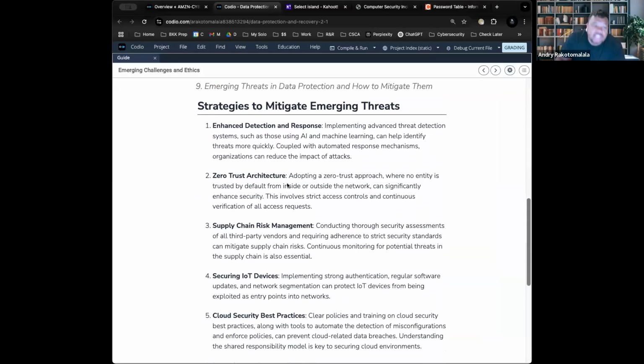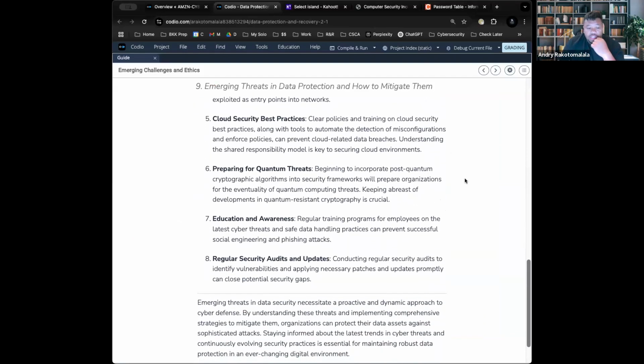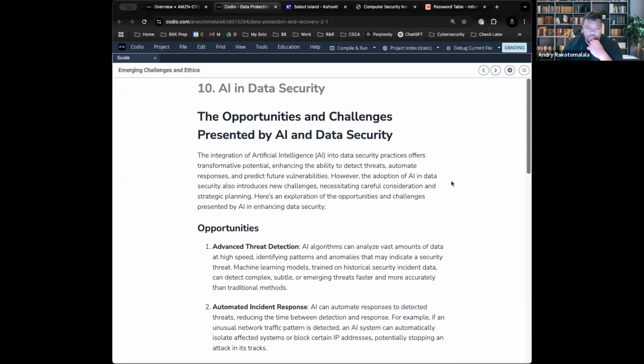All right, let's carry on here. So, for the sake of time, I'm going to let you all read this because I'm trying to go a little slower, but we are slightly behind. So I'm going to just skip the strategies for mitigating emerging threats. It's your homework to go ahead and review this. You can ask the TAs about this later on, but I think it's pretty self-explanatory.